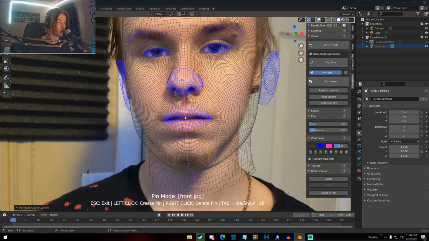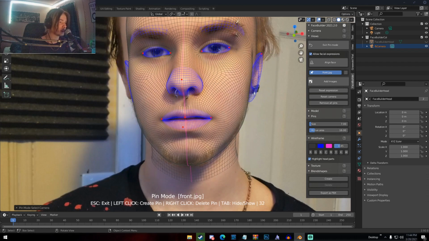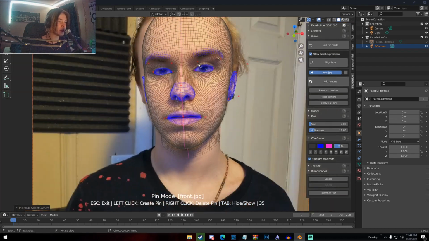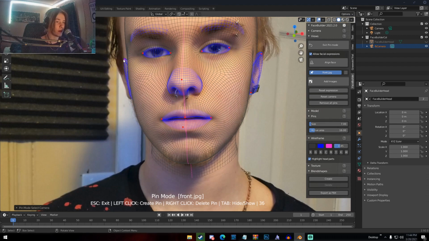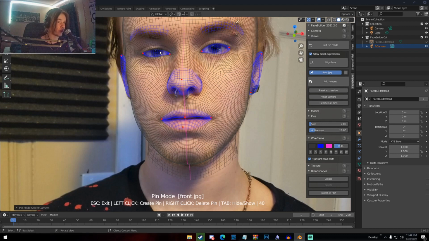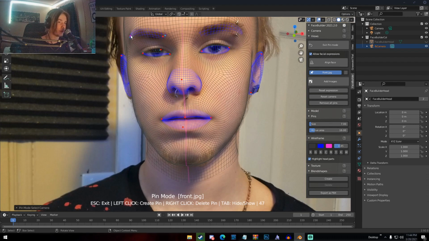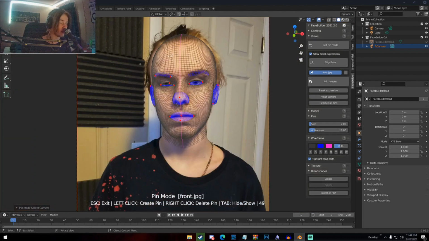I'm doing a very poor job about this because I'm not really trying. And then basically just match up your ears and stuff. Basically just make sure your face is lined up as best as you can. It's okay if it's a tiny bit off because we're not going to be looking very, very close at it. But just keep doing this. Now I'm not going to do this full thing because I've already done it, and for the sake of the length of this tutorial,